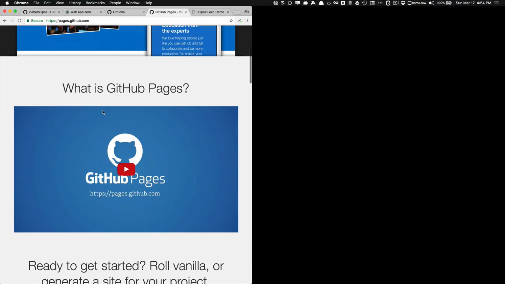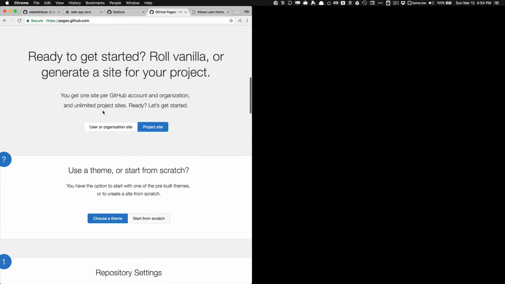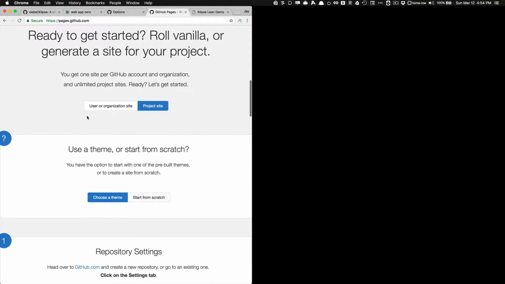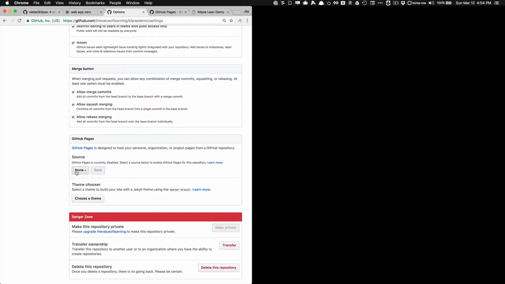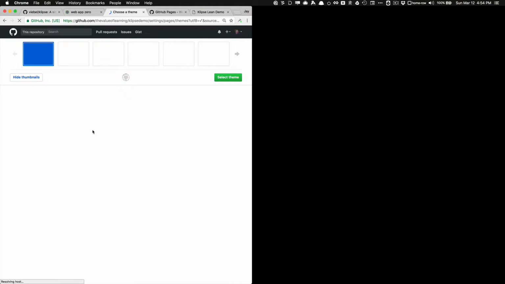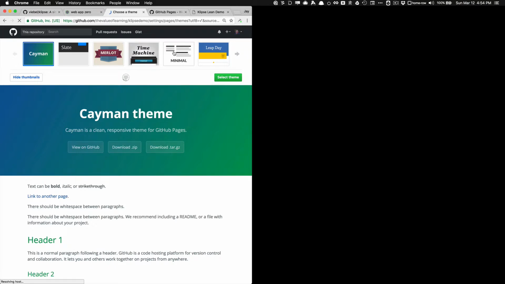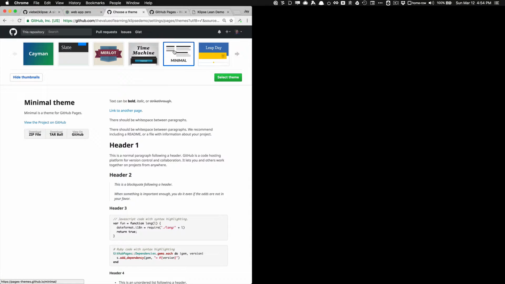You can follow these instructions yourself at pages.github.com. But for now, I'll just click on the Choose a Theme button. I'm going to select the minimal theme by clicking on it, and then I'm going to click on the Select Theme button,